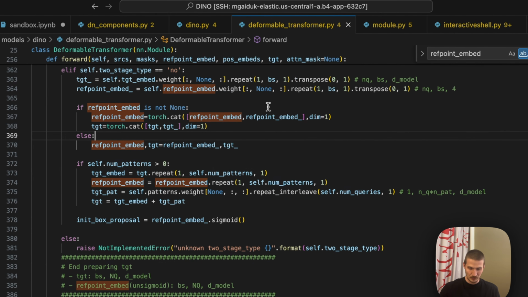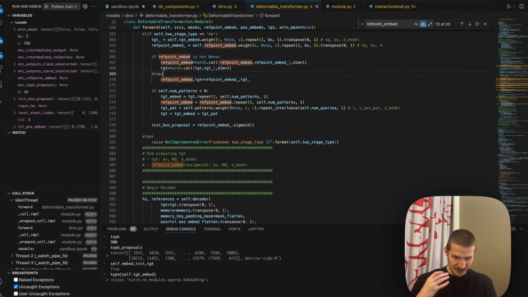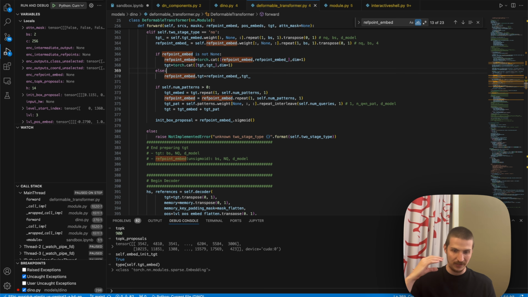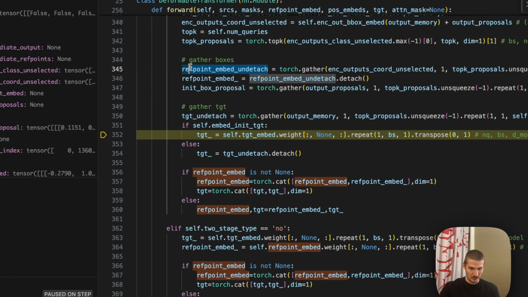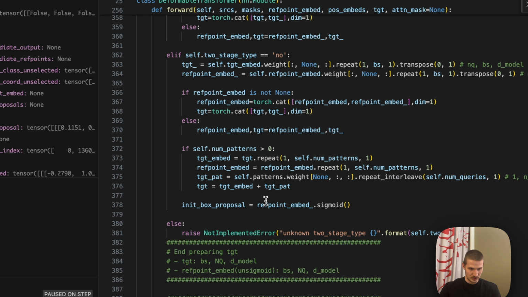Thankfully, we have what we call intermediate losses, where each intermediate output of the decoder layer, including the input itself, is also connected to the loss. So before we even started decoding stuff, we have our class outputs and bounding box outputs from the encoder that we just got, and we want to feed that in as an auxiliary loss to make sure that we also train this encoder, we train these projectors in such a way as to actually predict real bounding boxes and real class embeddings. So this undetached version of ref point embed, for example, is going to be just returned from this function